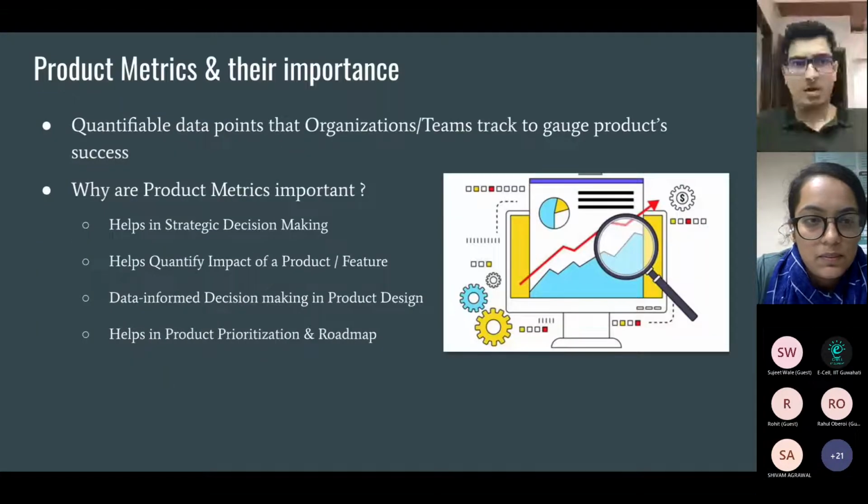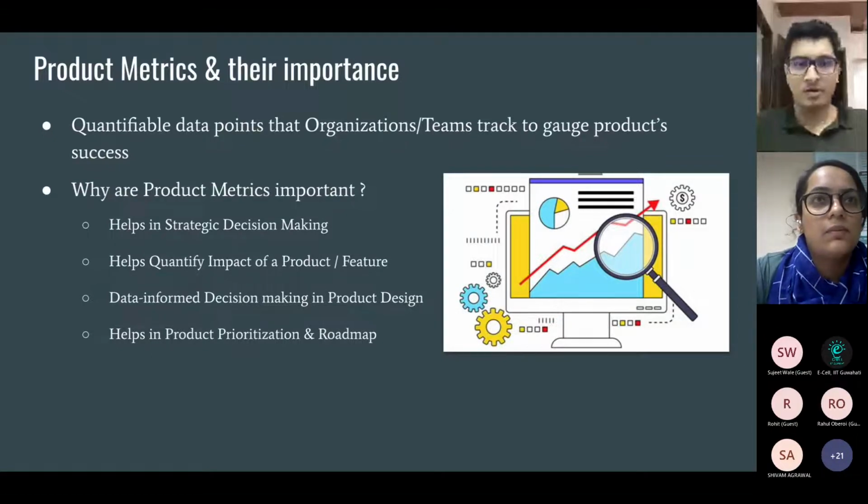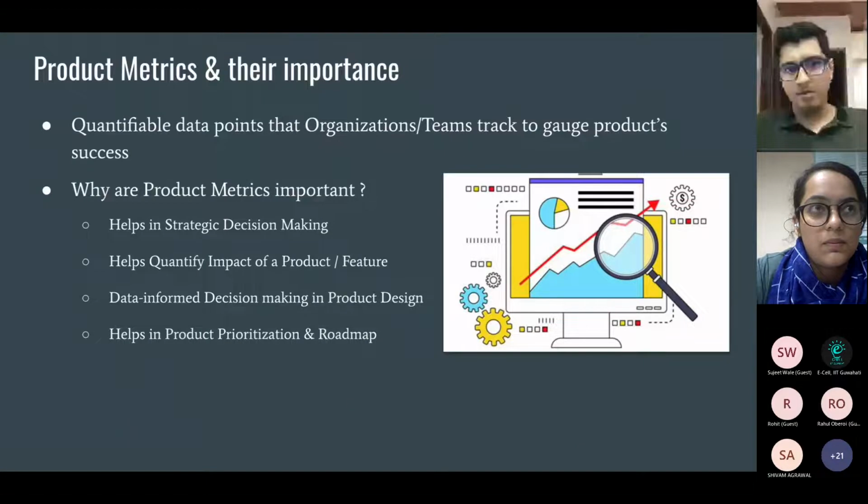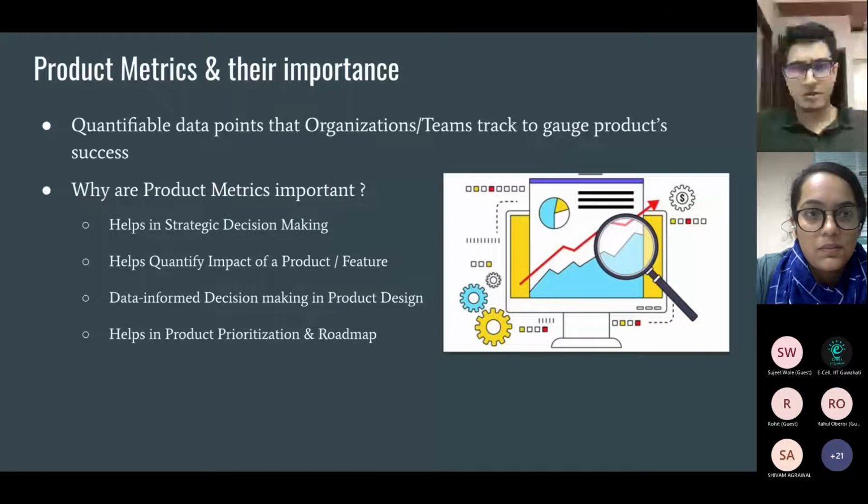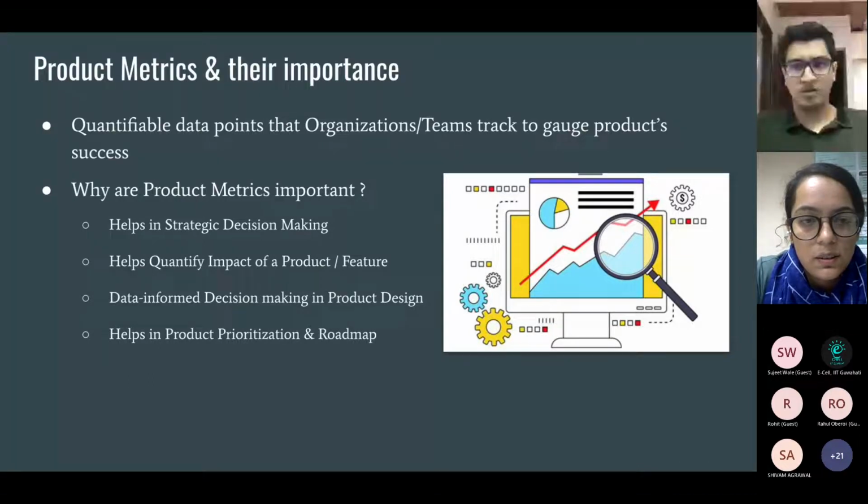So first of all, why product metrics? Why do we use them, right? Why do PMs use product metrics? Product metrics help you develop that north star towards which you are working, right? As a PM, you are owning a particular product or a feature, and the job of that product is to make the end consumer experience better, and help them with their jobs to be done, right?